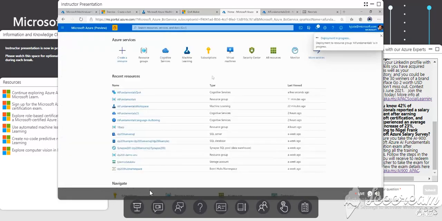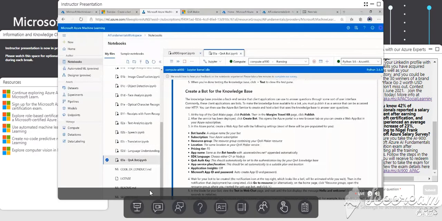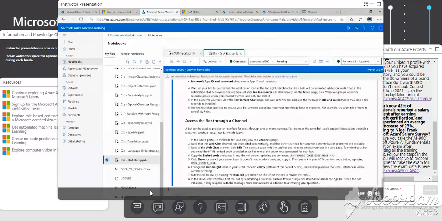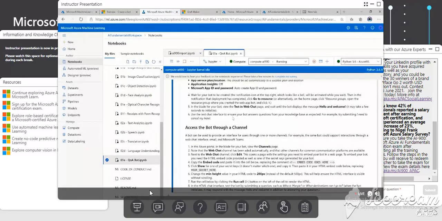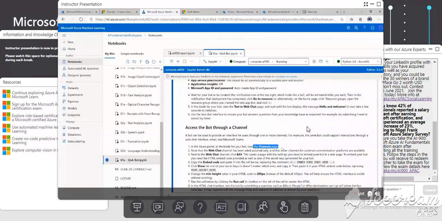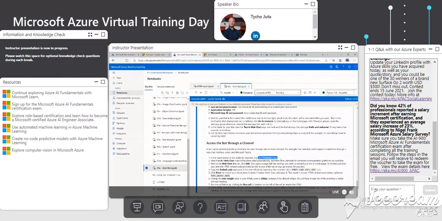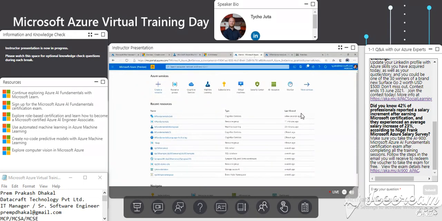Now, while this is creating, let me just go back here to the exercise. As soon as the bot is created, we can test it. So we can use the test in web chat, which we'll do as well. And then we can go to the channels page, and we can use the code provided there to actually use the bot inside, for instance, an application, which we're simulating here. Okay. So while this is being created,